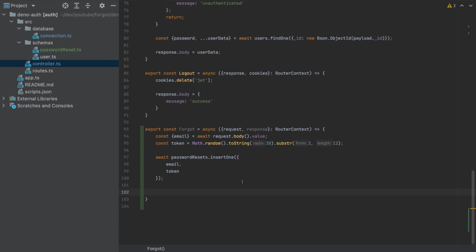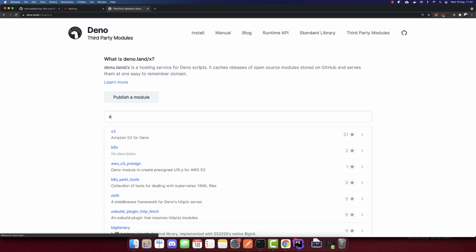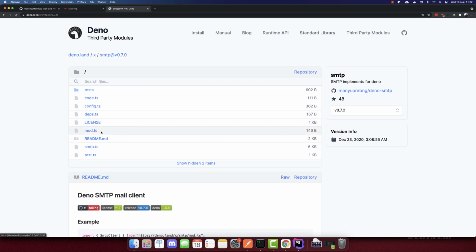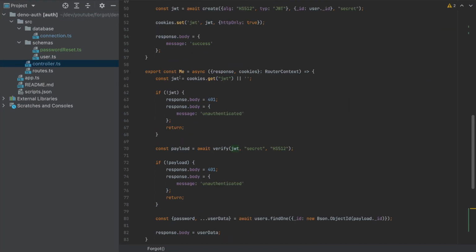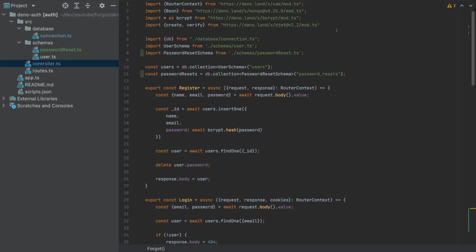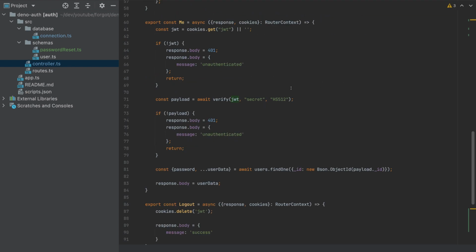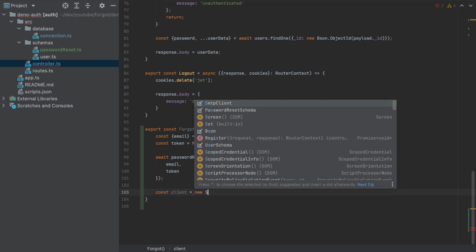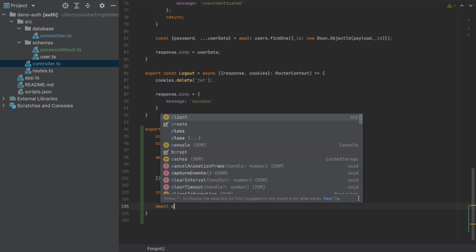We need also to get in Deno.land a third-party module, SMTP. So let's go to this, and we need to import this link, so SMTP. I will import it here on top, and let's send the request now. So we'll get a client equal to new SMTP client, and we will await client to connect